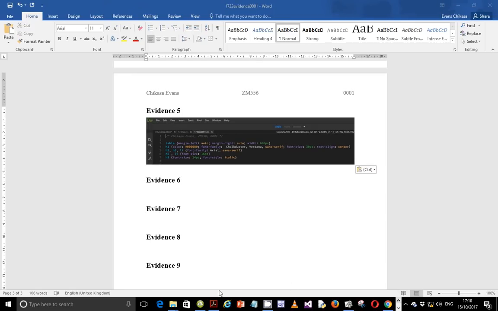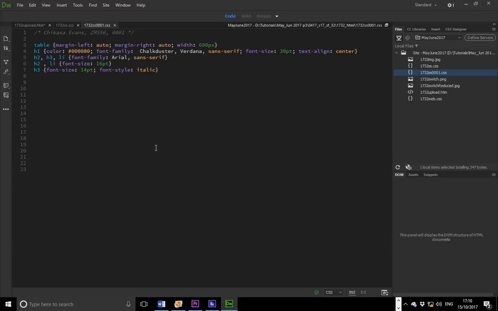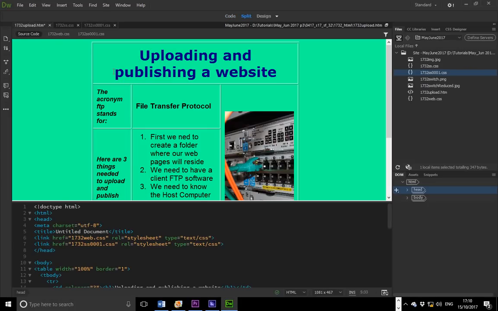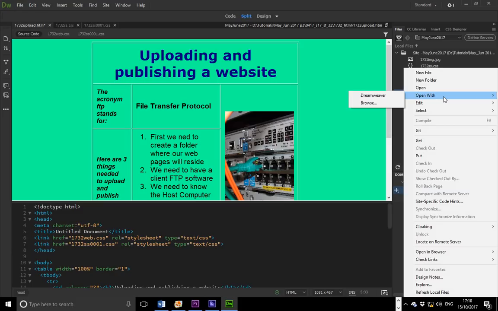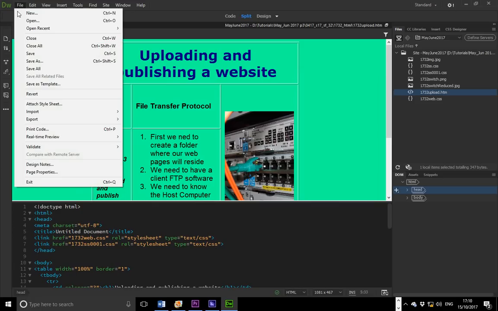And evidence 6, we're told that we are supposed to display the web page in the browser and take a screenshot as evidence and place it in our evidence document. So come back here and let's try to see if this can be viewed in the browser. Now go to File. Let me see if this can work out actually. Open with browser, and no. Let's go to File and